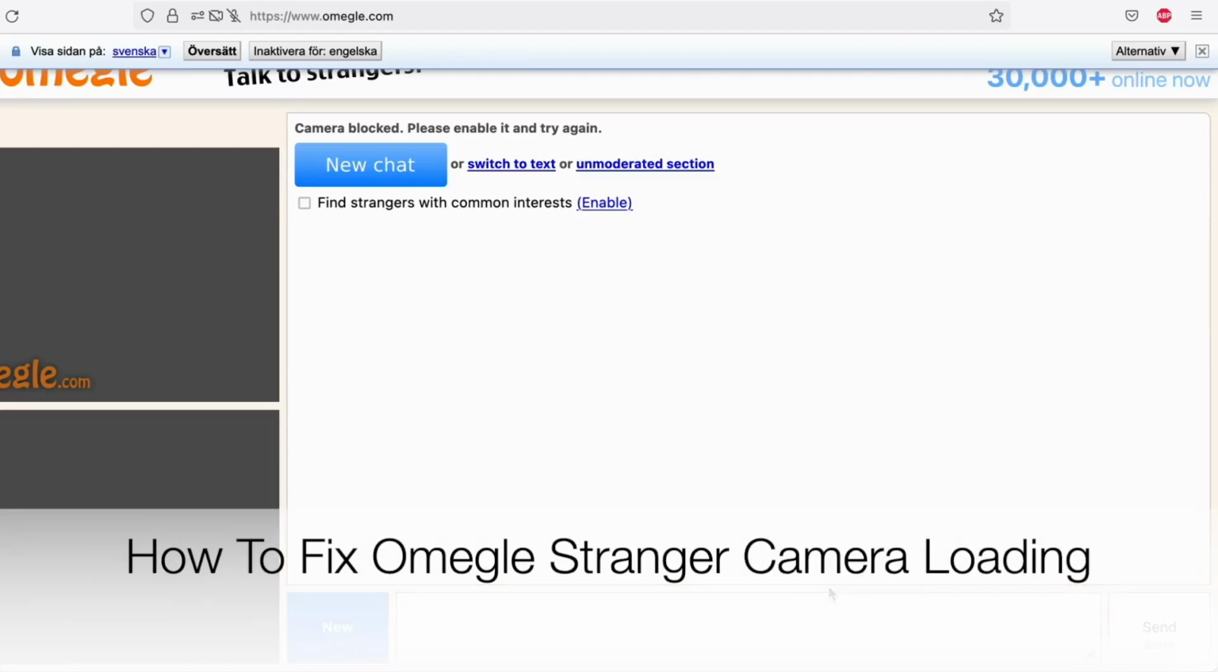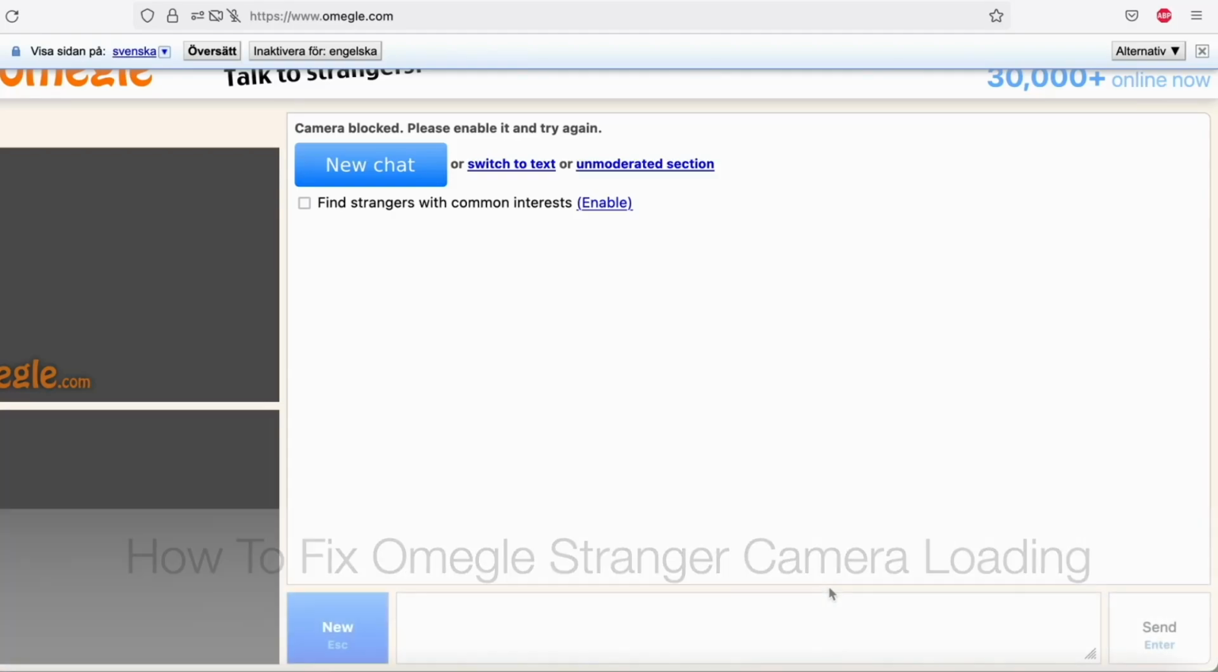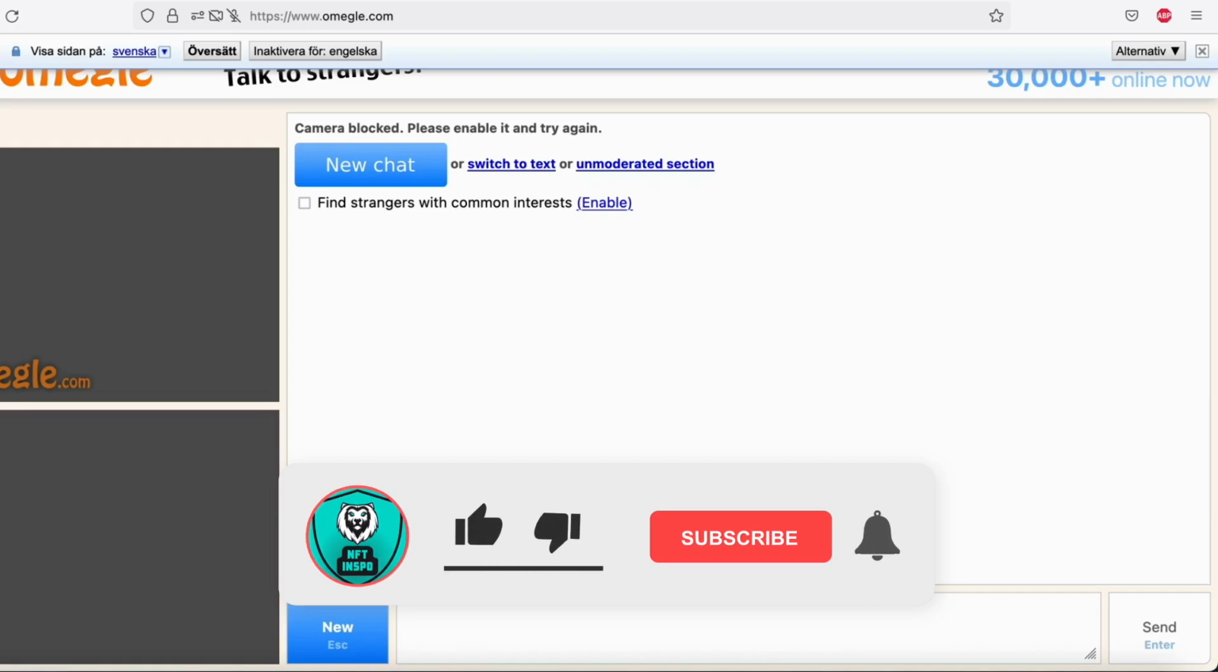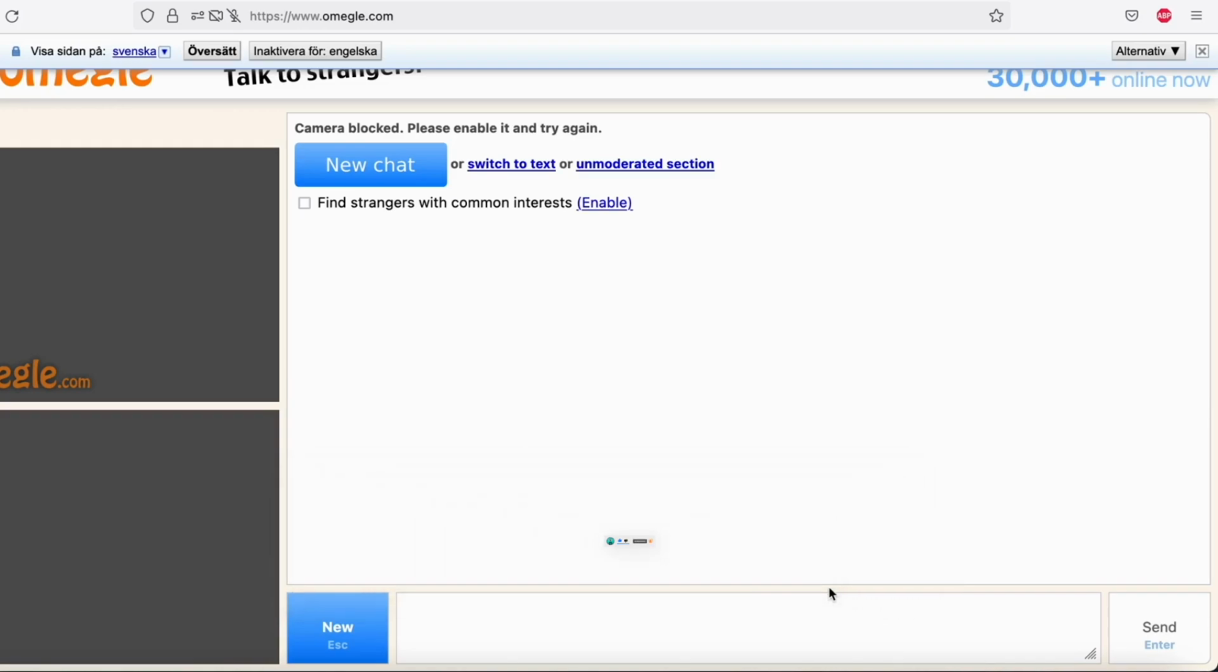How to fix Omegle stranger's camera keep loading. Hello everybody and welcome to this video where I'm going to show you exactly how to fix Omegle stranger's camera keep loading, but make sure that you watch this until the very end so that you don't make any mistakes